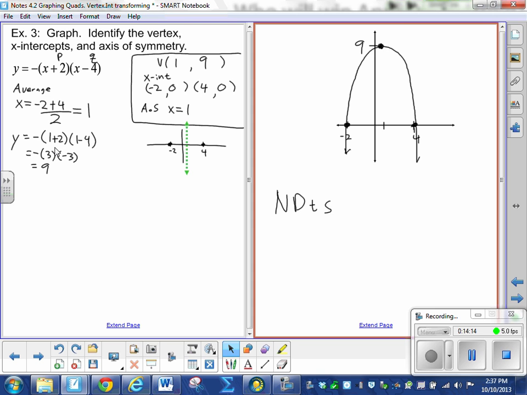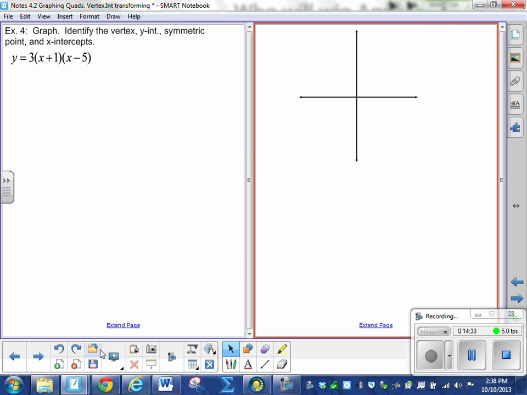So if you don't draw something to scale, it's not going to look right. But yeah, that's basically how it's going to look. We could already figure out that it's going upside down, because whenever you have a negative for your A part, it opens down. Positive would open up. So that's basically how you do the x-intercept part. So let's go ahead and move ahead to the